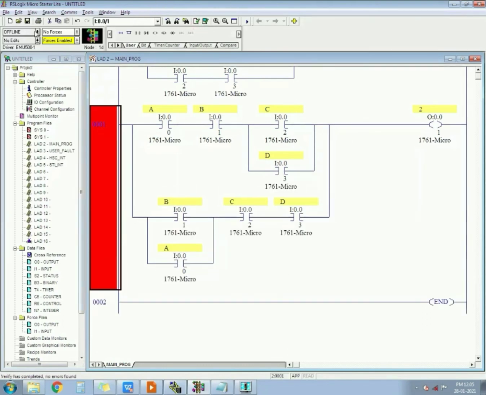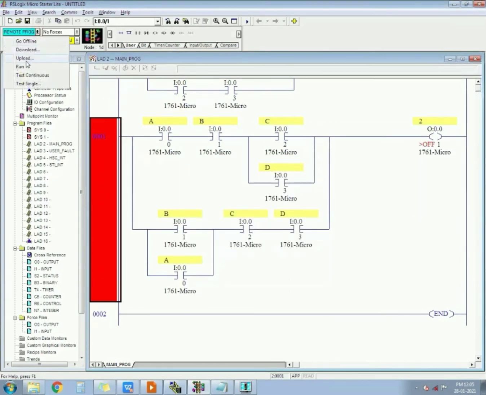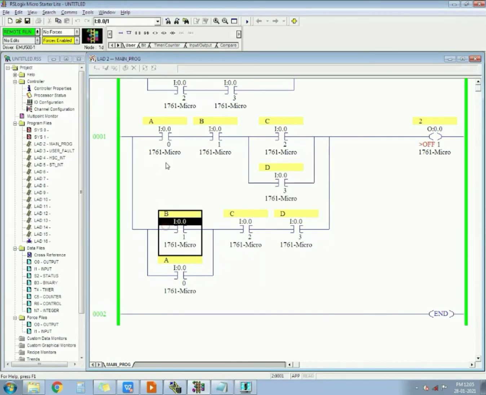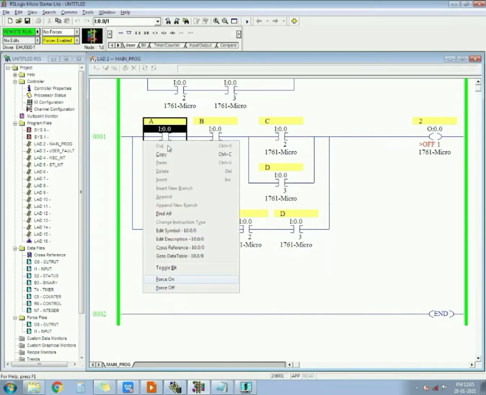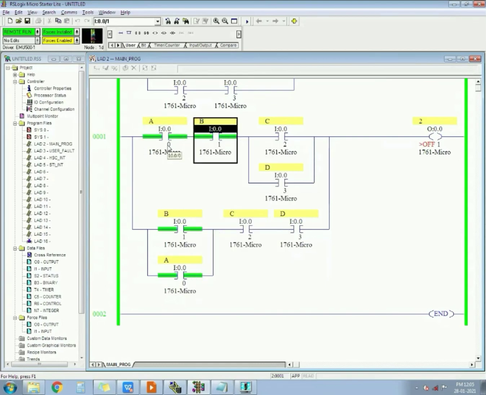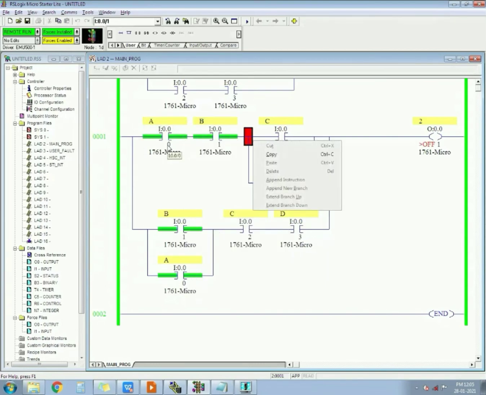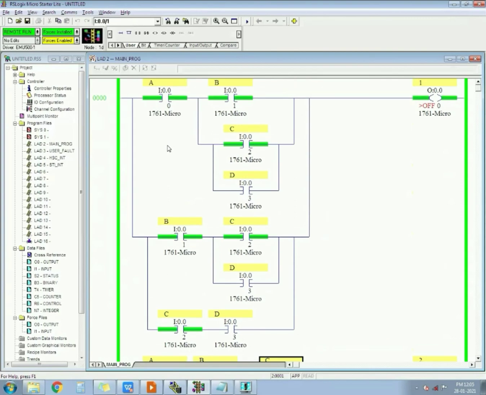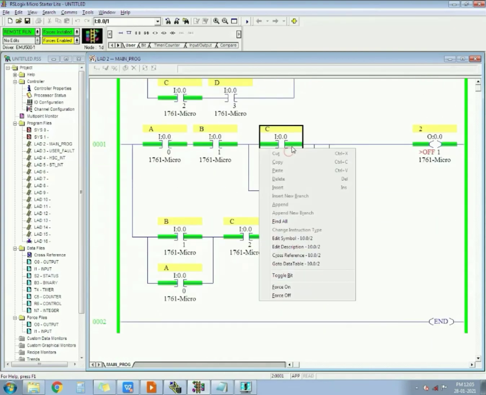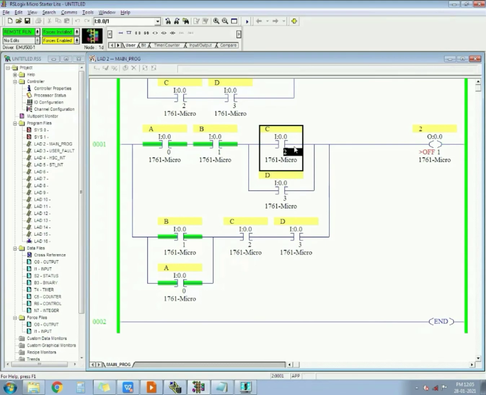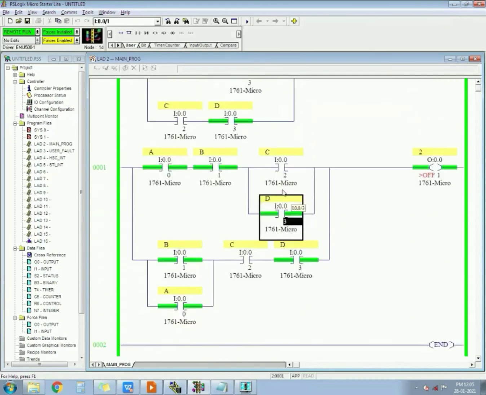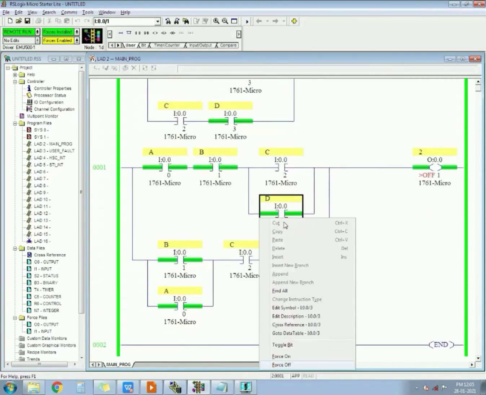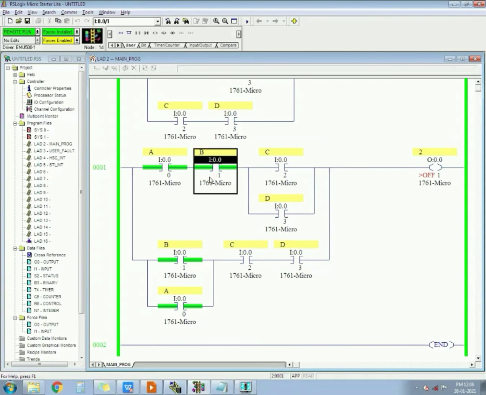We can run and check it again. I will show you how it's working. Just wait. Now here also A, B, and C. See, both are working. If we switch off this and switch on the second input, see. This is how you have to practice and you will learn how to do it.